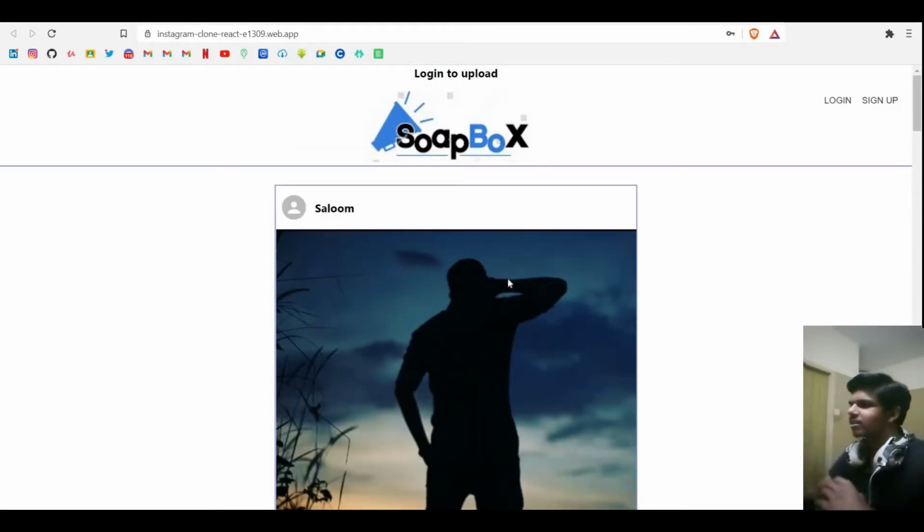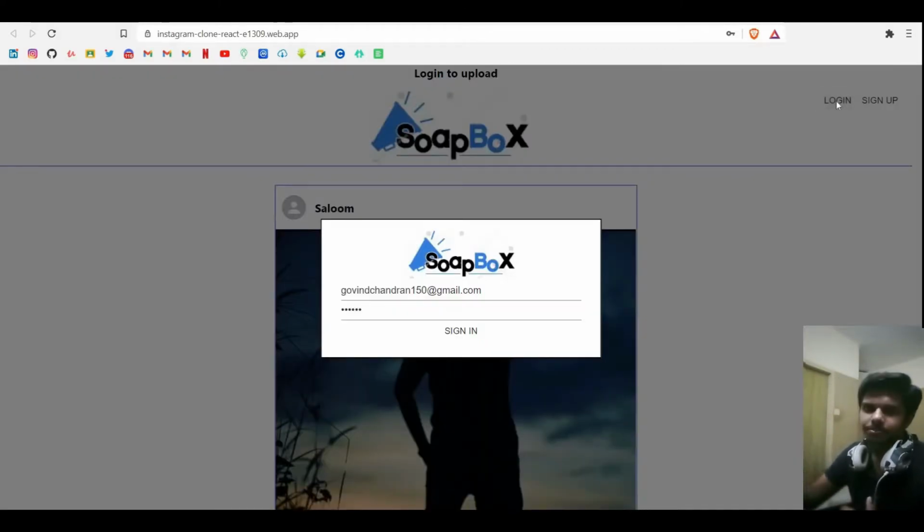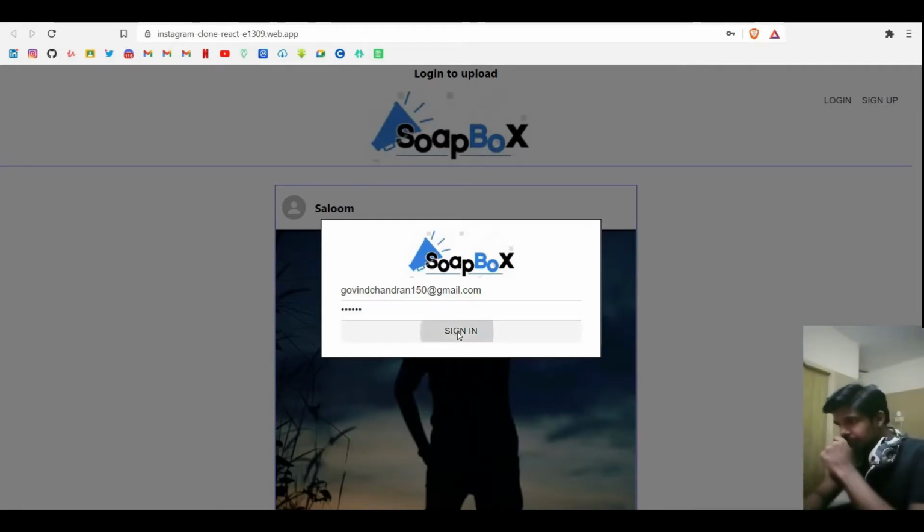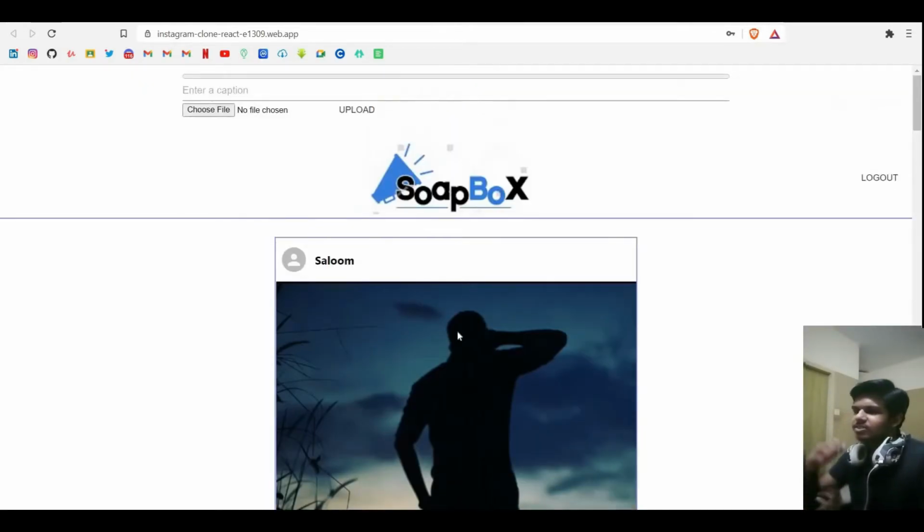Let's see how this works. I'll give a slide walkthrough of this project. I have an email and password account synced to this app, so I'll be logging in right now. If you are checking this out, please sign up and try it. As you can see, a modal popped up, which is from Material UI again, and I'll just sign in.